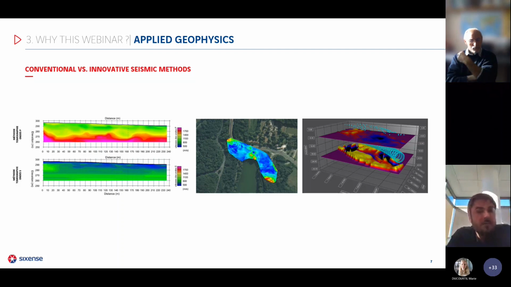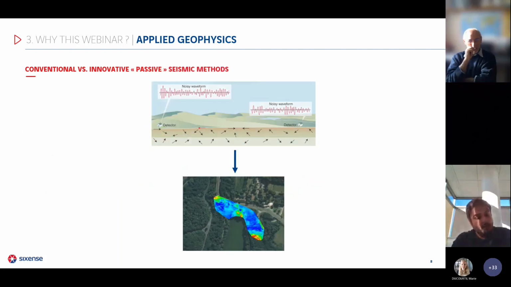And it's normal because a passive seismic survey needs a lot of expensive equipment like nodes, like cable systems with a huge capacity of storage, and you need a lot of computing resources, notably to manage all this data. Just to give you an idea, a seismic interferometry acquisition is around 1 terabyte of data, so you need a lot of resources to manage and process this.